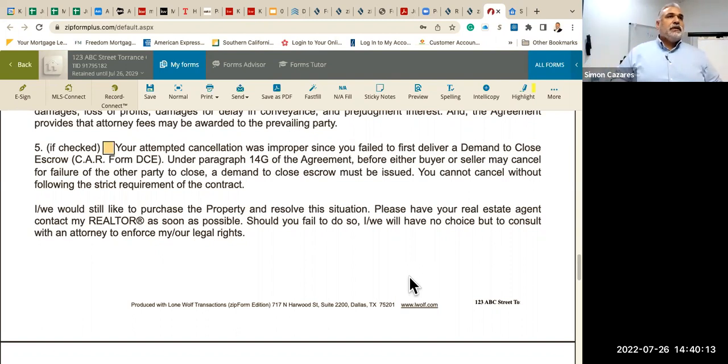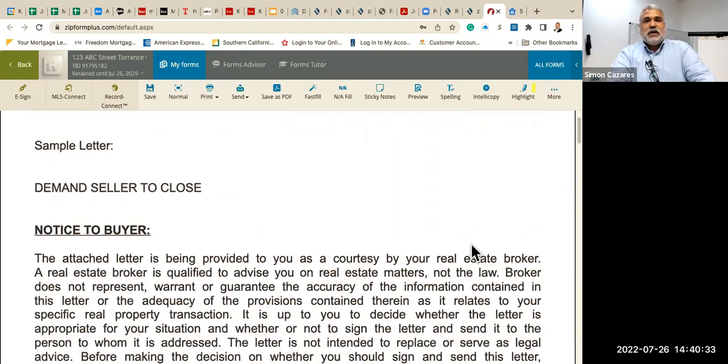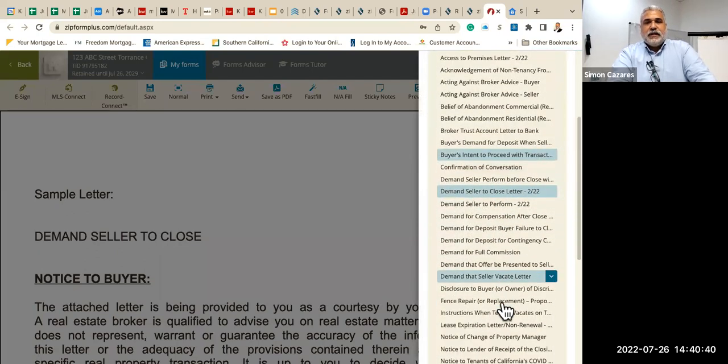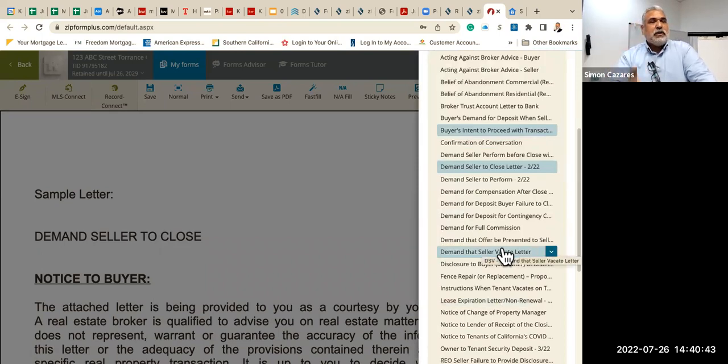Very simple. These are the letters that we have that were created for this purpose. When you have an agent, when we have a seller not cooperating, or even vice versa, folks, if you have a buyer not cooperating, then we can also push hard to pursue for damages. And this is just one example of many different letters that you can utilize. Study what you have, and trust me, you'll become more geared with knowledge and obviously the understanding of the